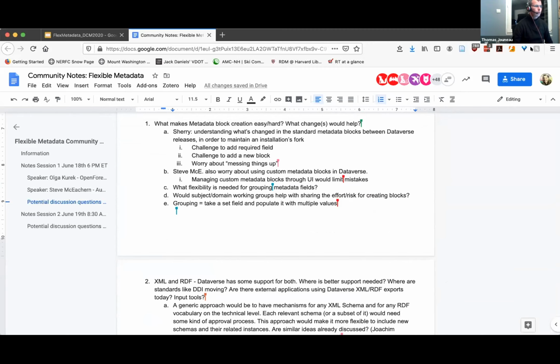I just wanted to say, I'm not really familiar yet with adding metadata, the process, but I really sympathized with the first presenter because I just tried, as a test run, to create a new block based on the core scientific metadata schema, and as it is a relational model, I found it hard to reflect it faithfully in Dataverse.